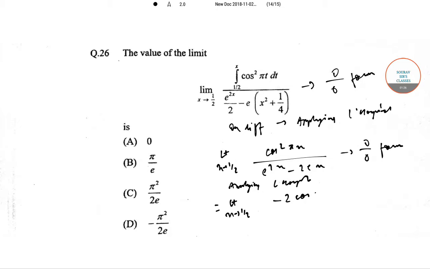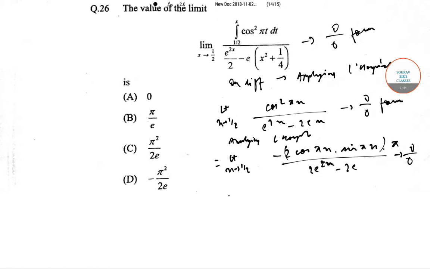minus 2 cos pi x into sin pi x into pi by 2 e to the power 2x minus 2e. Now this is again 0 by 0 form. That is, when you put x is equal to half, you will get the numerator and denominator both to be 0. Now applying L'Hopital once again,